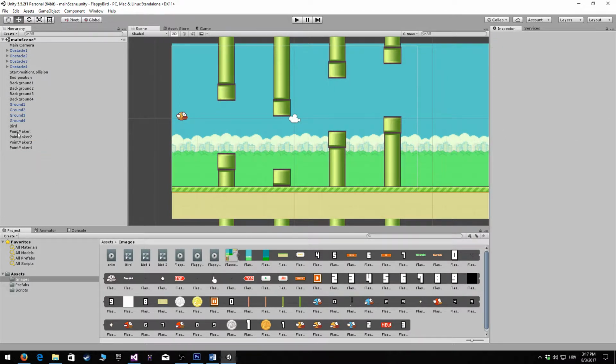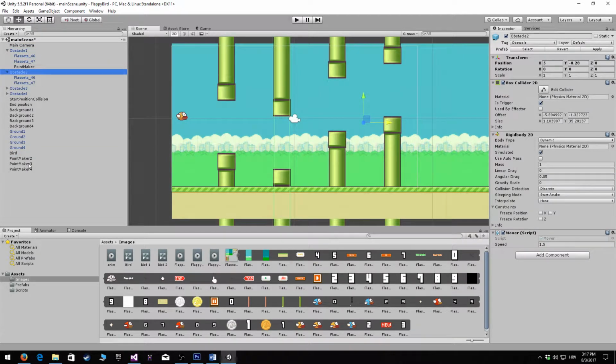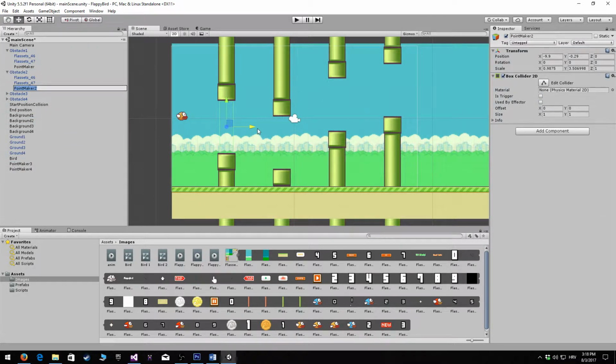So now every time we're gonna drag one of our point makers into our obstacle. We're gonna drag this point maker 2 into our obstacle 2, click on point maker and just drag it onto the location that suits it the best, and drag point maker 3 into obstacle 3, click on this point maker and drag it to obstacle 3, for example here. Okay, and drag point maker 4 into obstacle 4 and just drag it up here,